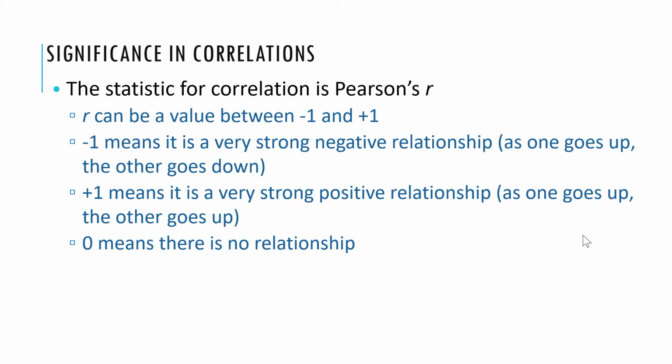Positive correlation coefficients indicate that as the values of one variable increase, so do the values of the other variable. A good example of a positive correlation is the correlation between height and weight, because as height increases, weight also